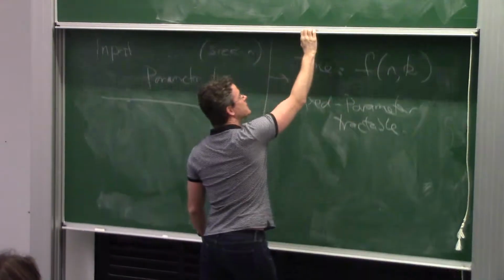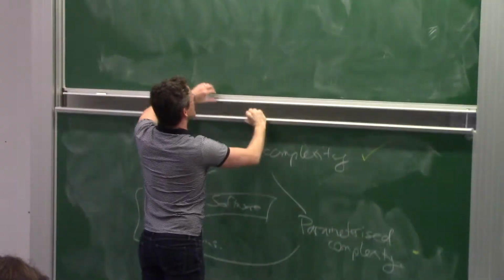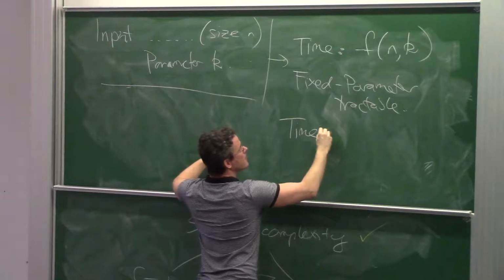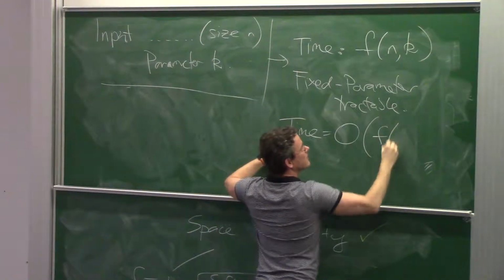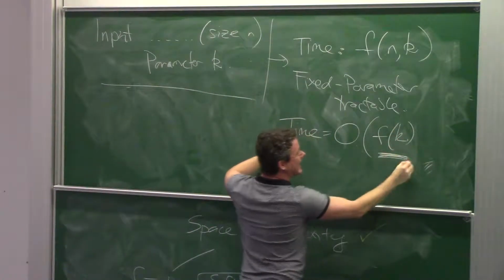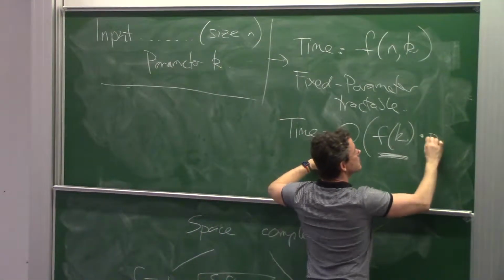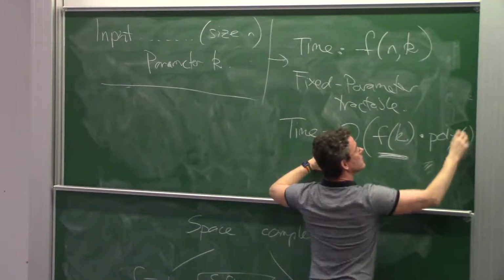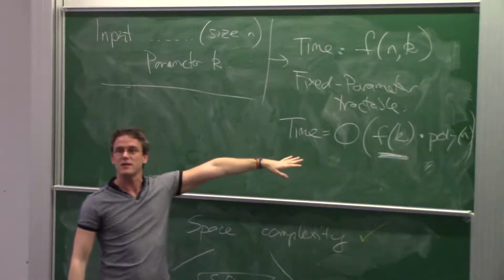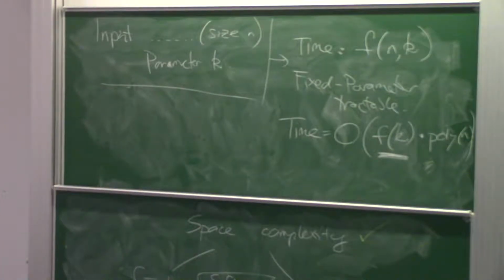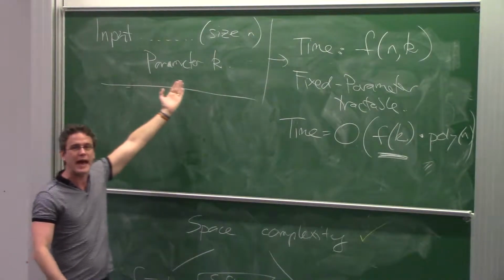And fixed parameter tractable means that your running time is some function of k, any horrible function of k, times a polynomial in the input size. Right? So the point is, for example, if you want to measure the genus of the knot, and if k